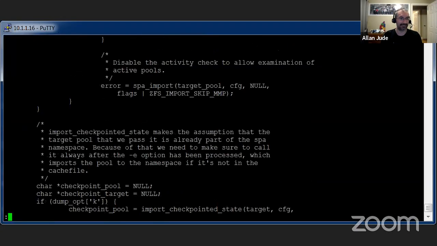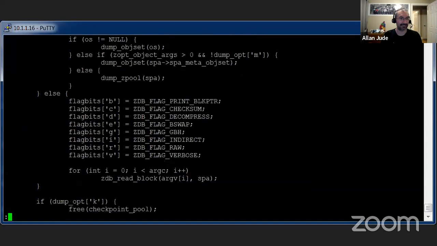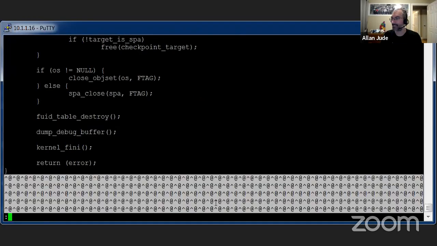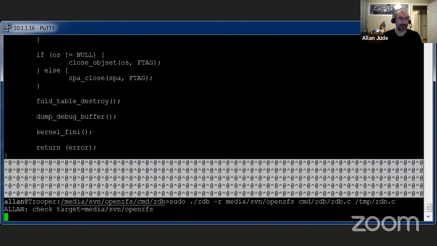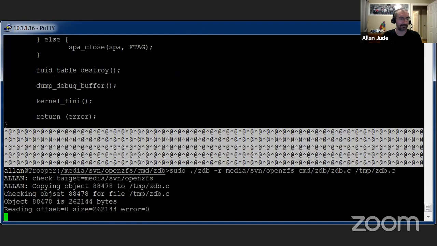So it's writing past the end of the file to the output at the moment, just null bytes. But you can see when you run the zdb command, the problem is the file is 240 kilobytes and we're writing 256 kilobytes to it. So I think the way I'm getting the size of the file is wrong at the moment. But once I fix that, it's almost ready for a pull request.